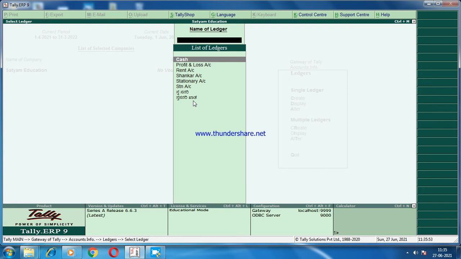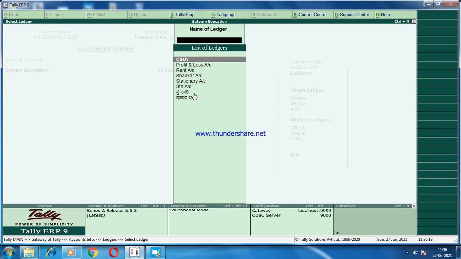If you would like to create with aliases, you may create the ledger, but commonly we do not create with aliases. I have already created Shankar account, rent account, but cash and profit and loss account are the default ledgers. They are created automatically. They are inbuilt ledgers, so we do not need to create them.